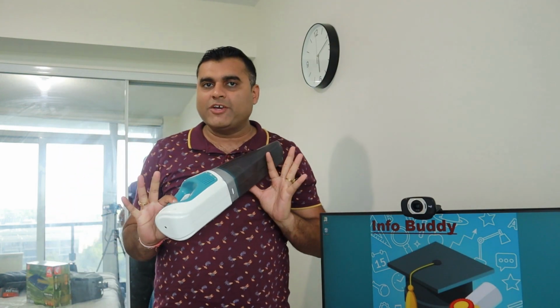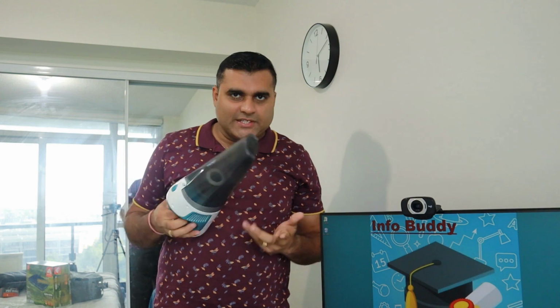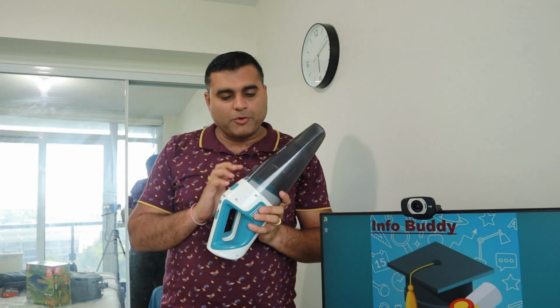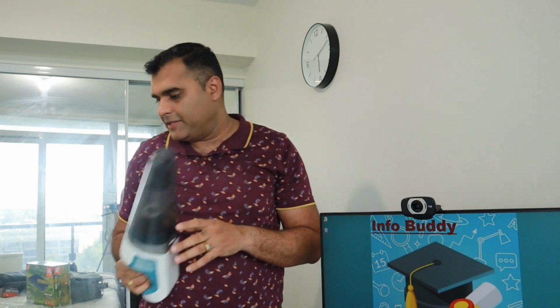Now, in addition to all of these, I have some more useful accessories. Say if you want to keep your car properly neat and clean, I have got this, a handheld vacuum cleaner. From inside you can just suck up everything and it gets stored here. It has got proper filters to clean up everything. It is powerful enough as well. And in addition to that, I have